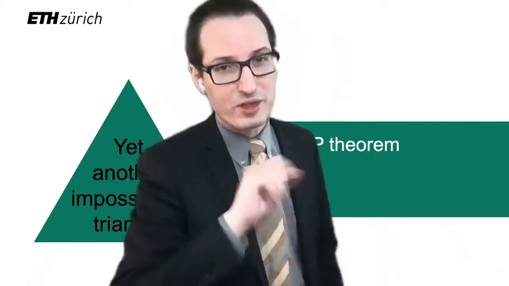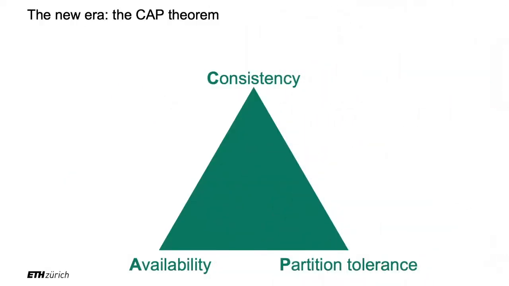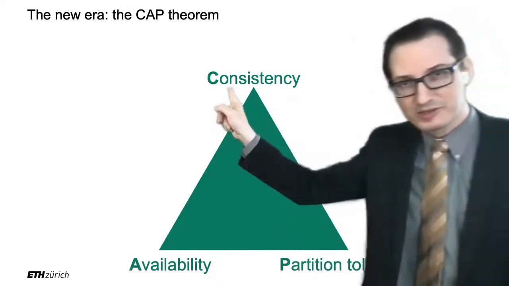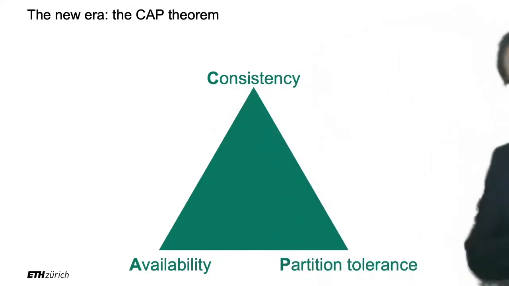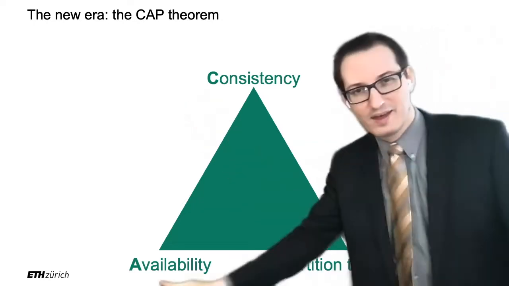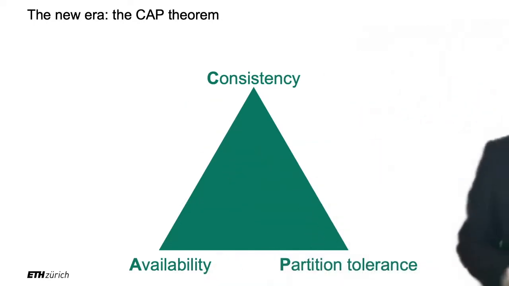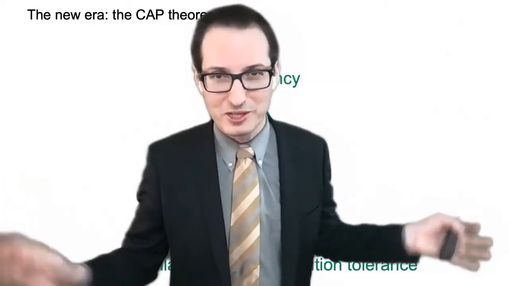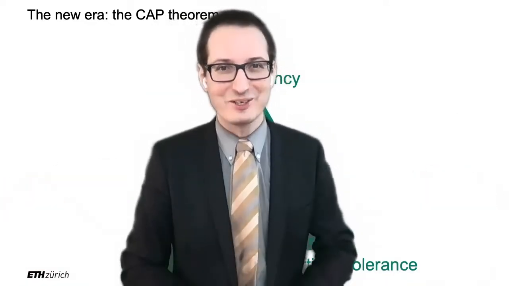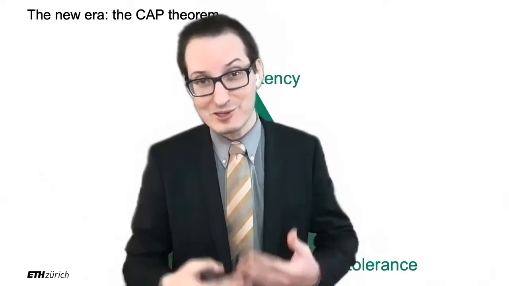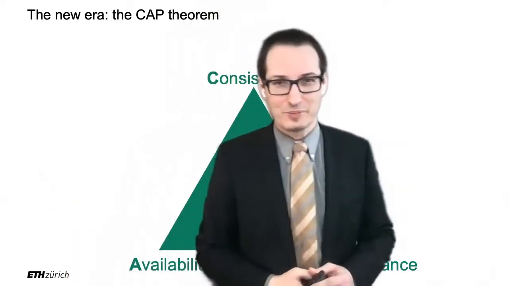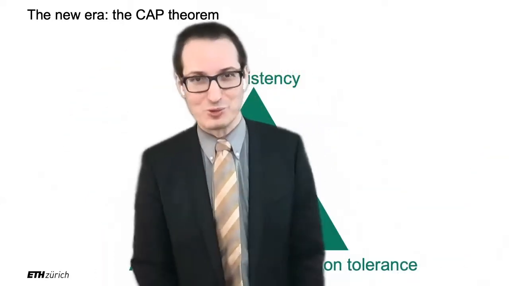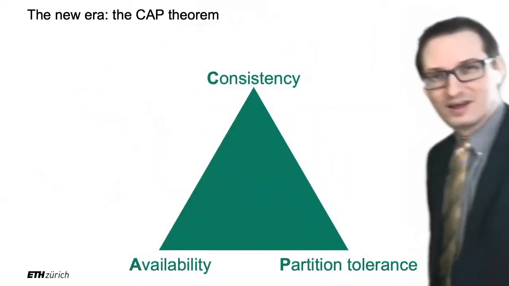Instead, this is how we view things. The three things that you cannot have at the same time are consistency, availability, and partition tolerance, CAP, and this is why it's called the CAP theorem. I have absolutely no idea why this is called a theorem because there is no proof for that. Actually, it's not even fully formalized, so it's more of an intuition that people have, but it just got called, for some reason, a theorem. So let's call it the CAP theorem.